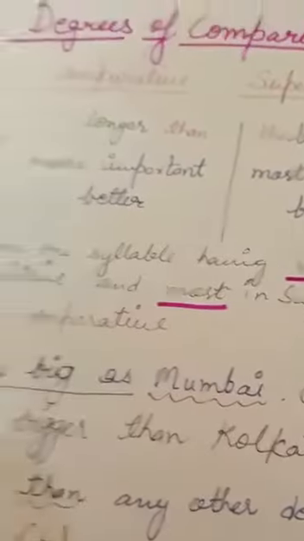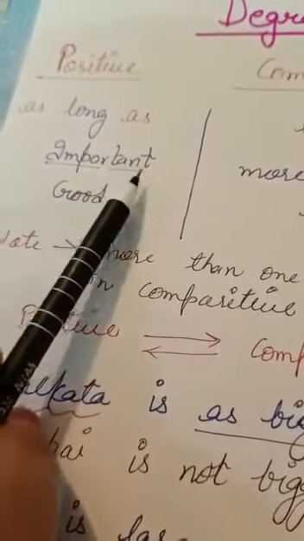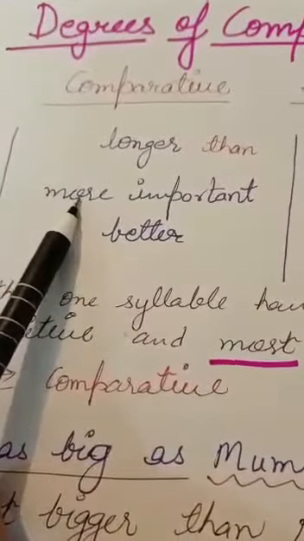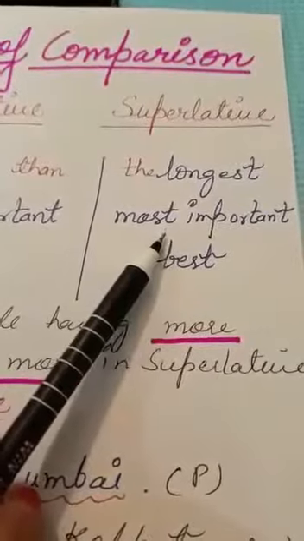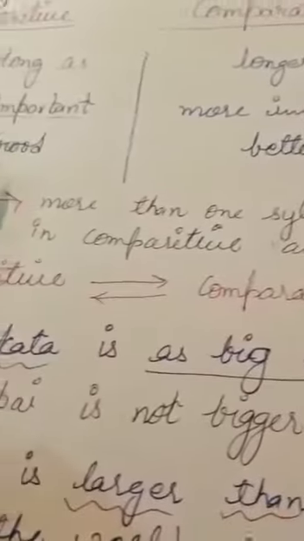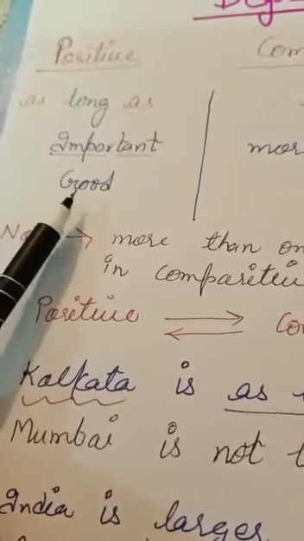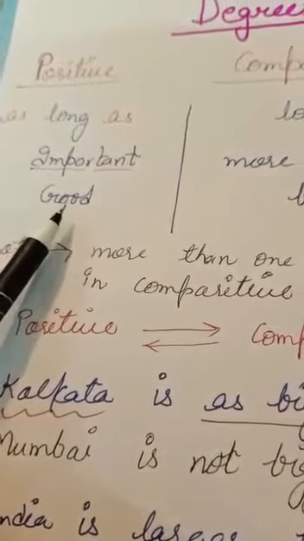So you see here important having two syllables. So in comparative degree we'll use more important and in superlative degree we will use most important. Some more children, some irregular adjectives are also there and they do not follow any pattern. So you can see good,